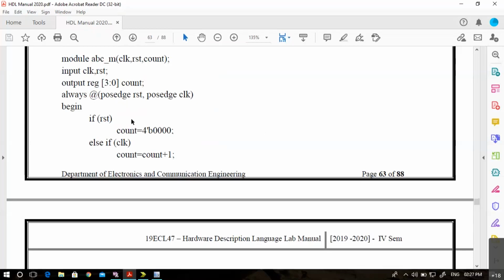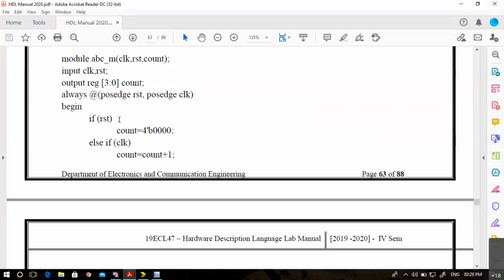I had shown you earlier, if I simply give reset here, the synthesis tool will not take it, because the synthesis tool will say, mixed type of edge triggering and level triggering is not permitted. That is why in Verilog, we have to use this posedge reset also. Now both are edge triggered, so the synthesis tool will not give any error here.